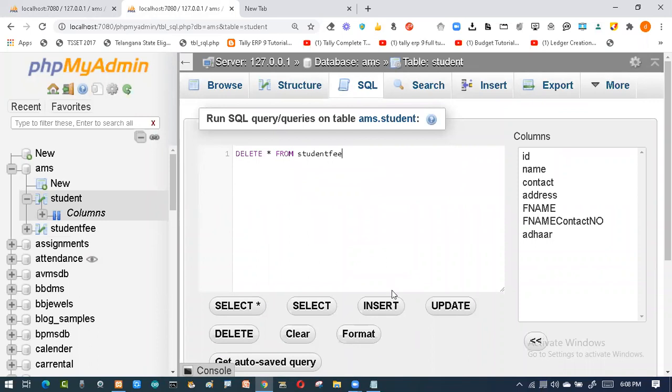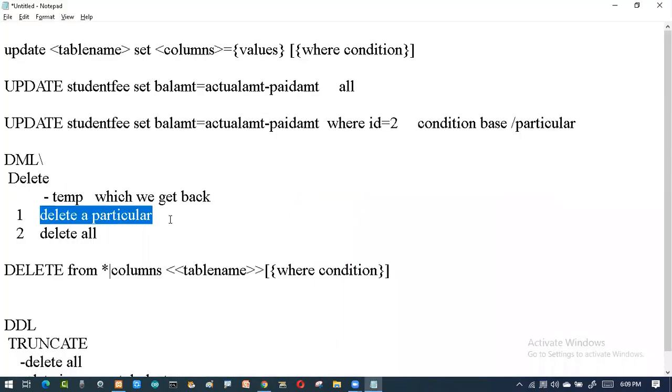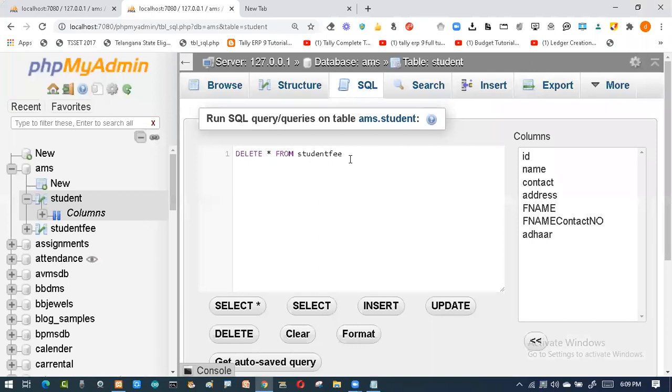See, previously I told you I want to delete a particular record, with the help of roll number 1 or roll number 6 or roll number 8. I deleted like that. Now what I'm doing here, I want to delete all the records. So I'll just use the table name fees and I enter it.